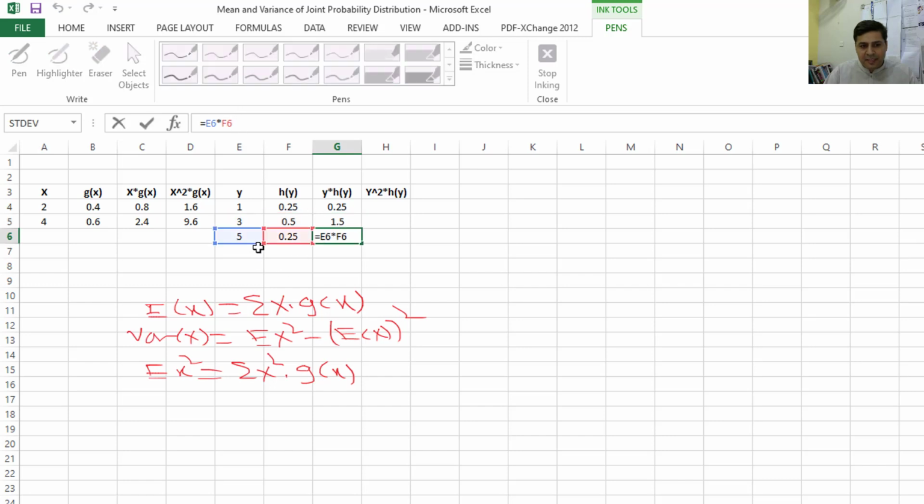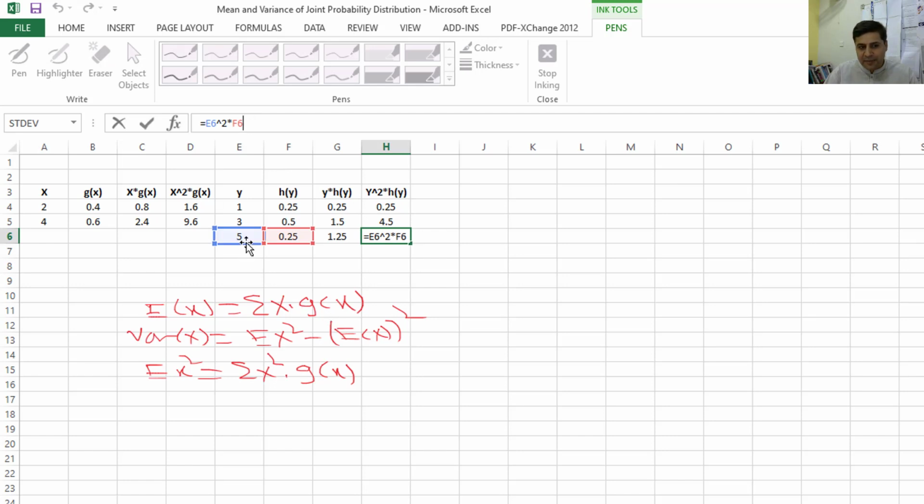When you click this, it means 5 multiplied by 0.25. Now we want to calculate y². So you need to click this, take the square of this value and multiply it with the respective probability. This way you will be able to calculate this.